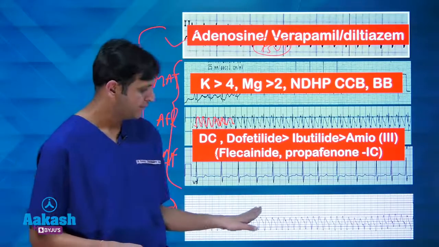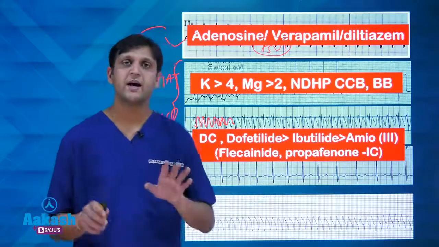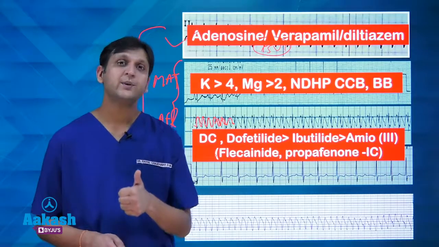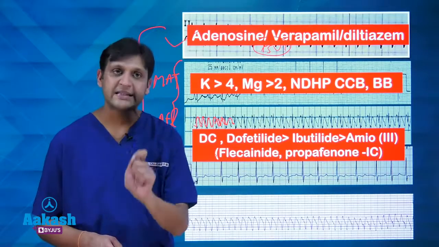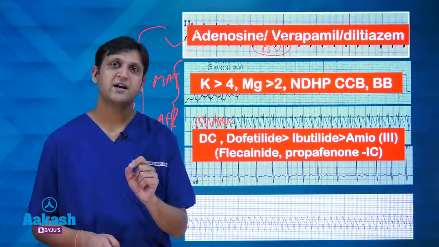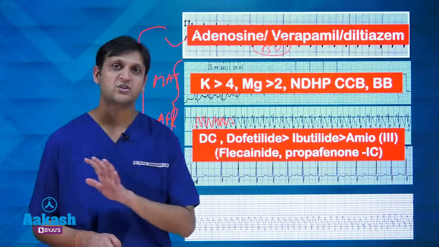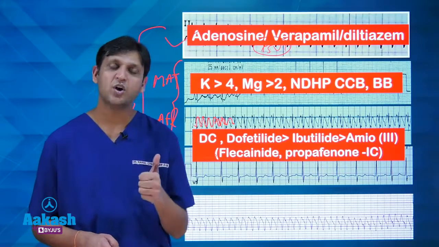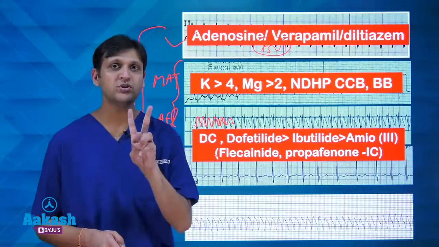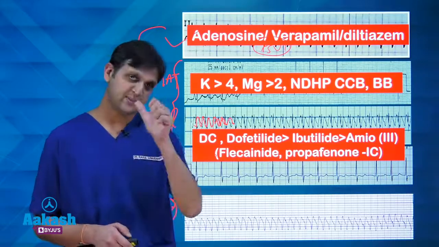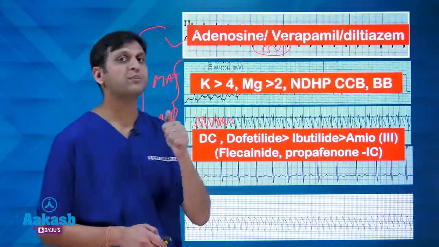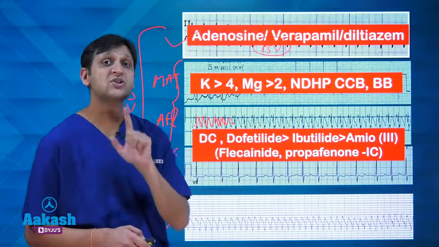Okay, now when we come to the management of ventricular tachycardia, again, hemodynamically unstable, DC cardioversion. Fine. If the patient has a hemodynamically stable ventricular tachycardia, meaning that it is not causing hypotension, not causing angina, not causing heart failure, not causing altered sensorium, then there are two things that you should look for in the question. So with hemodynamically stable ventricular tachycardia, the next thing you should see is whether the question mentions the structural heart disease